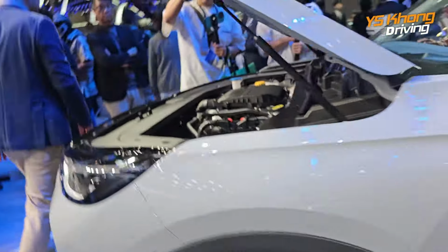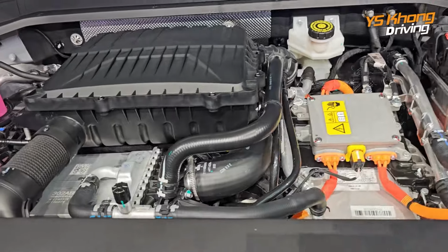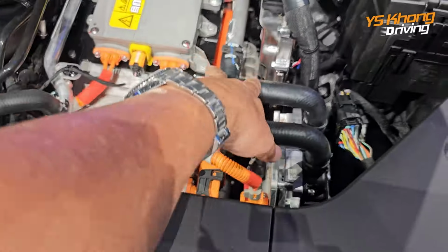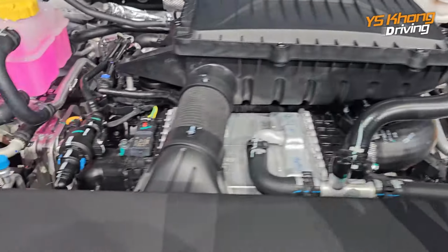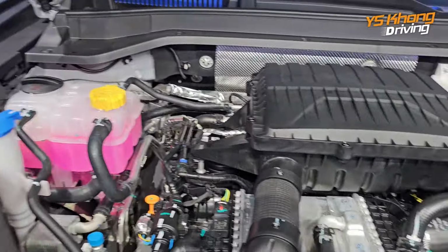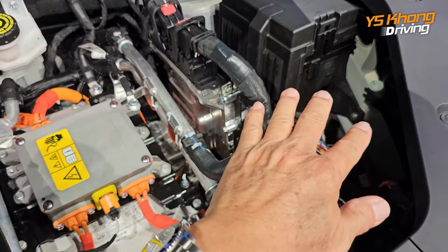Okay, go ahead. All right, can you pop the bonnet? Okay, now it's open. Here you go guys, that's the 2-liter engine, and that's the hybrid system, ECU, and the 8-speed gearbox down there. So this is the 2-liter turbocharged engine, and they use a lot of aluminum to keep the weight down. And in terms of car build, this is the new nomenclature of building cars, where the skeleton